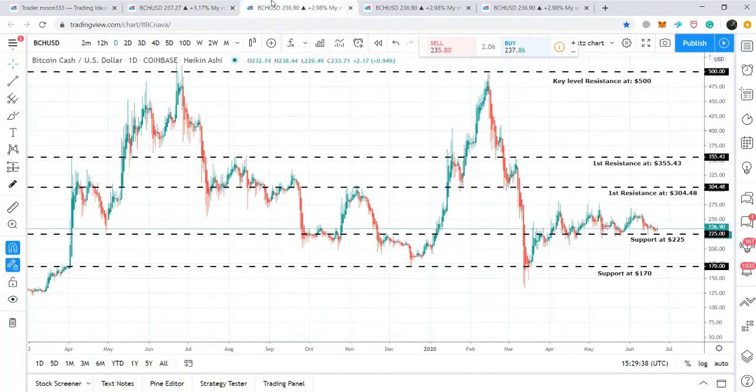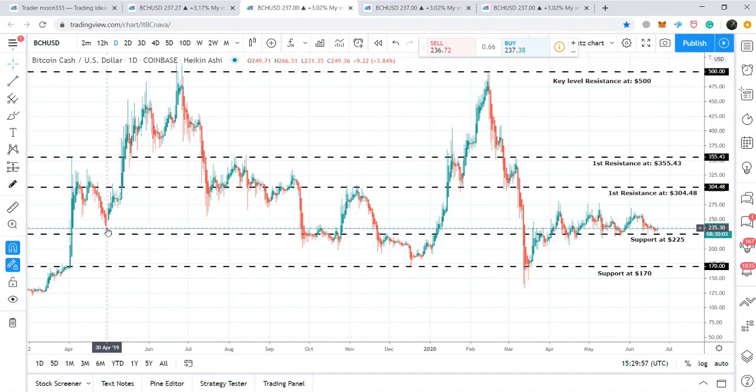And on this previous chart as well. At this time, the price action is retesting again and again this $225 support level. That was the previous resistance. Now it is working as a strong support for the price action. This is really very strong support, as we can see that it has been working here back in April 2019